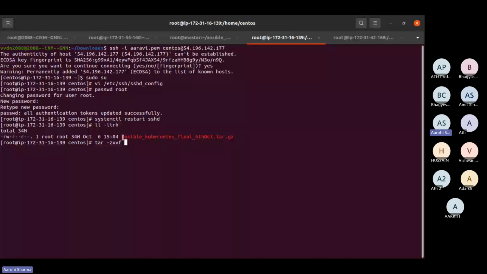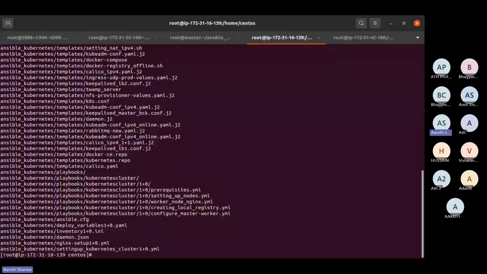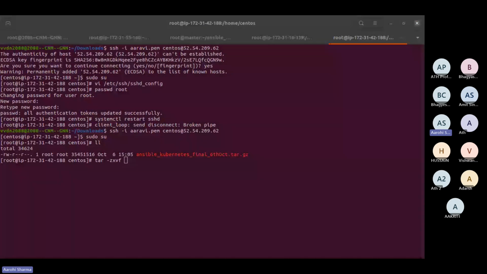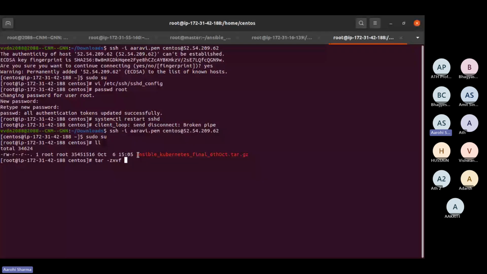I'm untarring this tar file, and I'm doing the same thing for both. Just remember that it is zxvf. Suppose if someone asks you how to untar a file, then this is the command: tar -zxvf. When anyone wants to tar a file, then it's czvf, right?